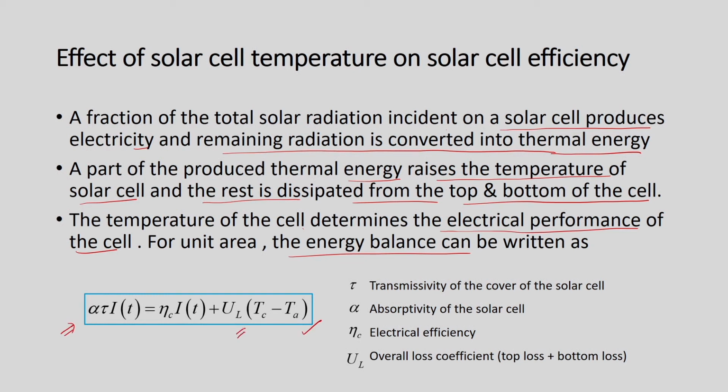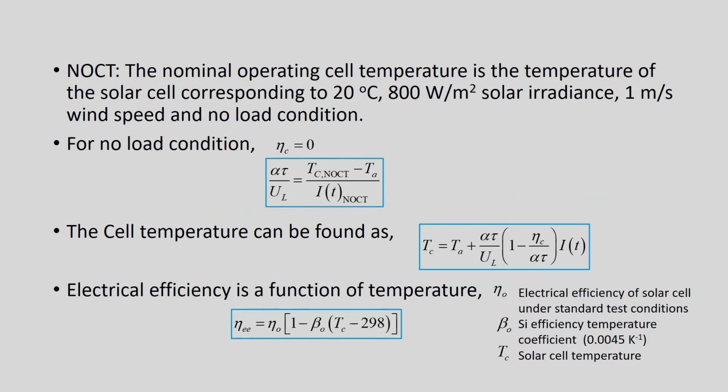Losses will be there, and then we have efficiency, and then the amount of energy received by the system. So what is tau? Tau is the transmissivity of the cover of the solar cell, alpha is the absorptivity of the solar cell, eta c is the electrical efficiency, and of course UL is the overall loss coefficient, which includes top loss and bottom loss. Also we will introduce one term called NOCT. On the back side of the PV module, normally you can see this NOCT written, that is normal operating cell temperature,